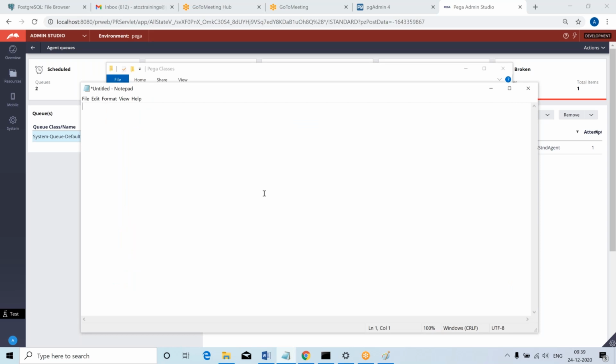My requirement is I want you to requeue all the broken items without using Admin Studio. How to do it? Use OBJ browse on that table, with the column where condition of broken process, and then what would you be doing? Property set and then OBJ save. Next, you do property OBJ open, loop through OBJ open, then property set, and then save it back and commit it.